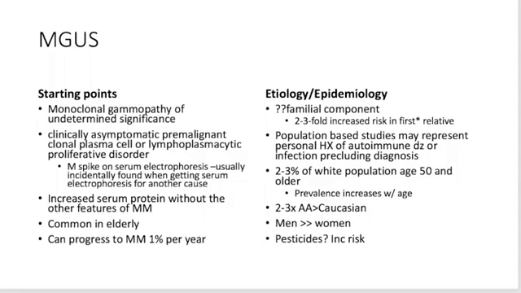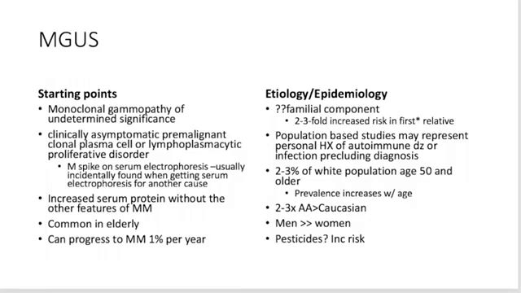All right, next up we're going to talk about MGUS, which is monoclonal gammopathy of undetermined significance. That is what MGUS stands for. This is kind of a pre-cancerous situation. This clinically asymptomatic pre-malignant clonal plasma cell situation. So we're getting these monoclonal gammopathies. Don't know exactly what's going on yet, but it's asymptomatic. Usually patients, it is found incidentally on blood work. So what happens when they look at the serum electrophoresis is there's an M spike, and that is usually an incidental finding when we get a serum electrophoresis for another cause, such as acute kidney issues.